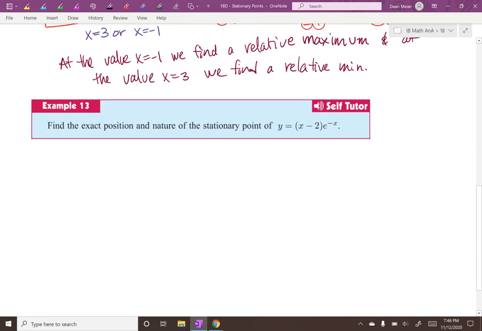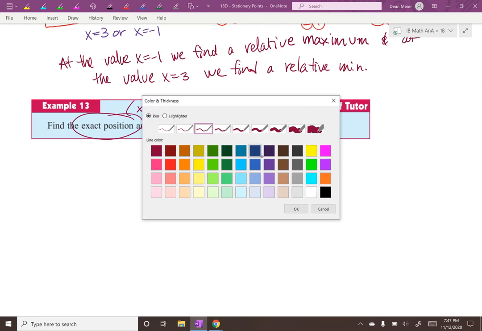All right, 13. Find the exact position. Exact position. That means x and y, right? So I need the stationary point of this. So I need to find the stationary point, what kind of stationary point it is. Then I need to plug it in here to get the y value. I don't know where it is at. And so I will plug it in and hopefully not forget to do that. All right,